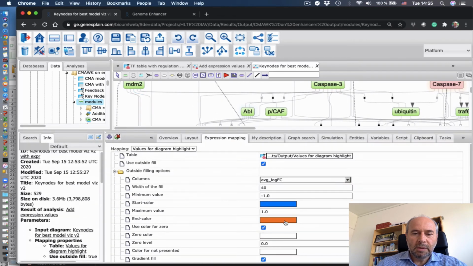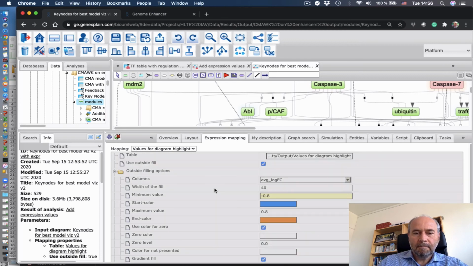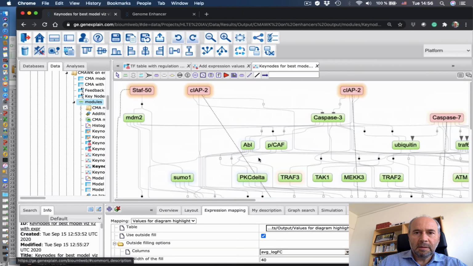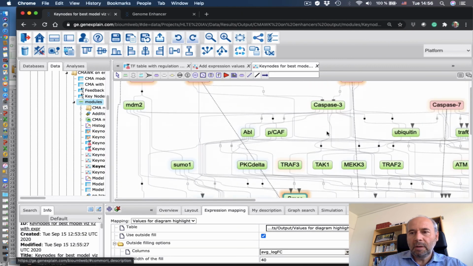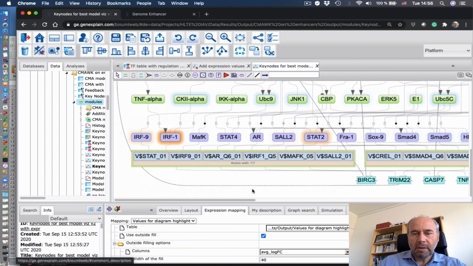Here the maximum is 1, minimum is -1, so if we decrease this value to, let's say, 0.8 and -0.8, then this expression value is getting a little bit more pronounced in the picture,